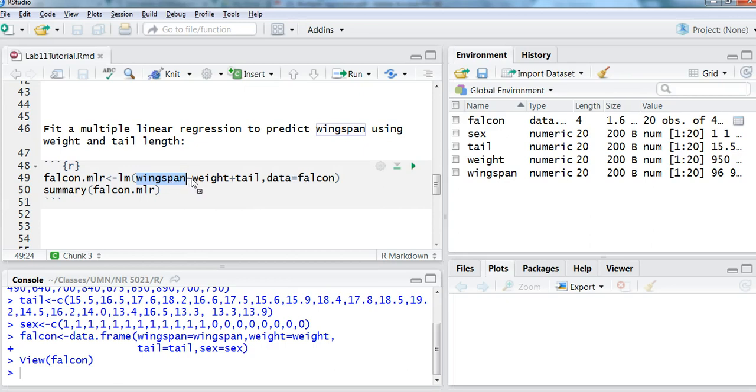And then a tilde indicating what's coming next are the independent variables or the explanatory variables. And so I'm going to use the weight of the falcon and the tail length of the falcon as my explanatory variables to predict the wingspan of the falcon. The data are stored in the falcon data set. And then I'm going to say, give me a summary of falcon.mlr so I can look at the R